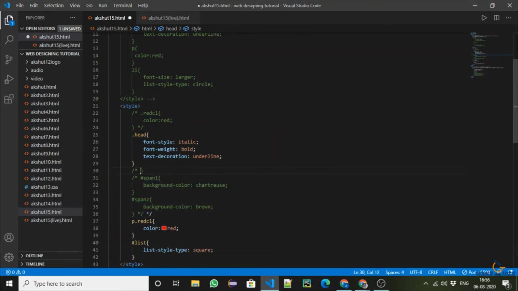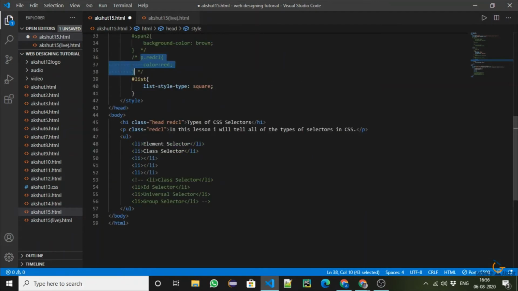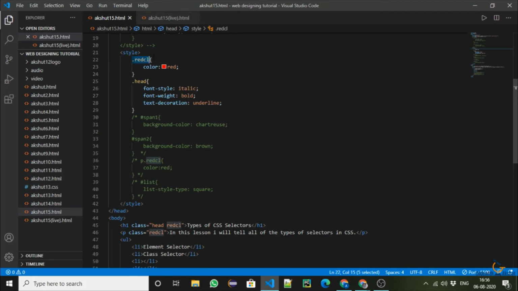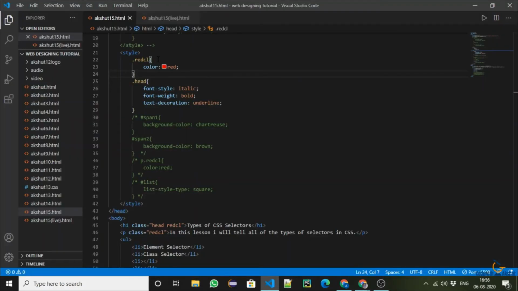So from here it is. I will remove this also. Remove this. So for the time being we are not talking about this and this also. I added an ID. Now we are talking about this class one. I will uncomment this. I will save it. So then when I added this class, I added the style to that class by putting dot red CL, curly bracket open, and then I closed it and then I typed color equal to red. So whichever element would contain this class, it would change its color to red.